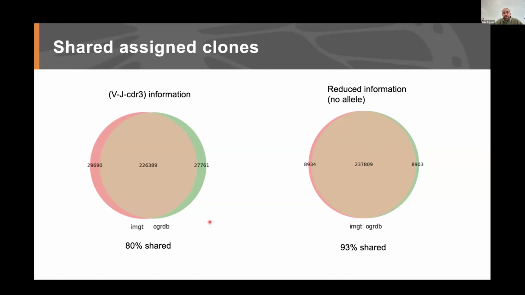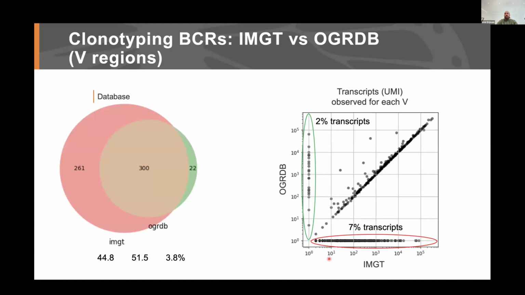When we reduced the information, excluding the alleles, we reached a shared group of 93%. So we dissected this into the V, J, and CDR3 regions separately. And so when we look into what we've used from these databases,